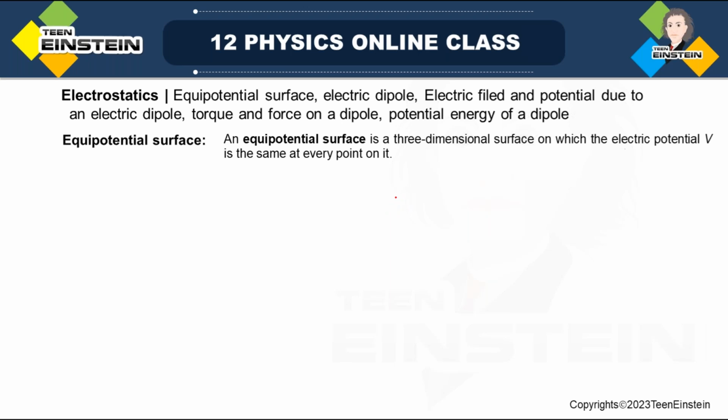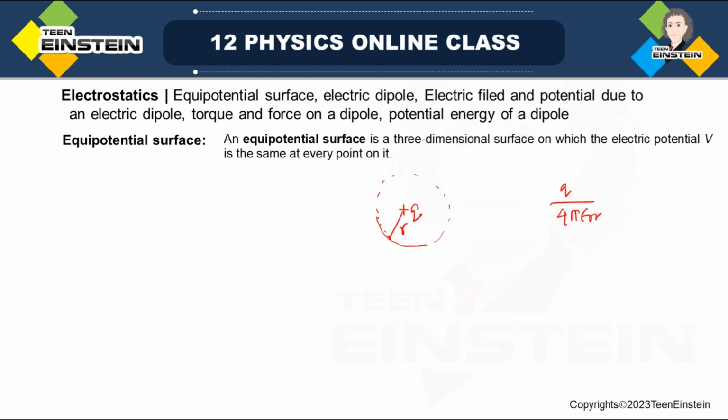Let me just take a simple example. Suppose I have a positive point charge Q. If I ask what is the potential at a distance r, we know it has a fixed value, Q by 4 pi epsilon naught r. If I consider a spherical surface of radius r, keeping this positive charge Q at the center, then look,